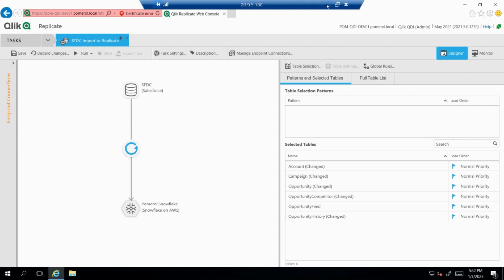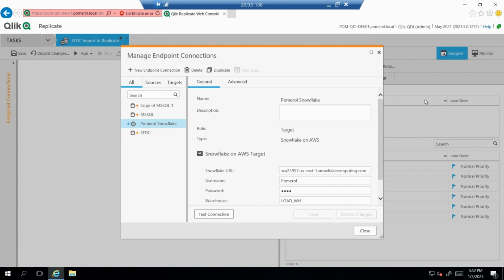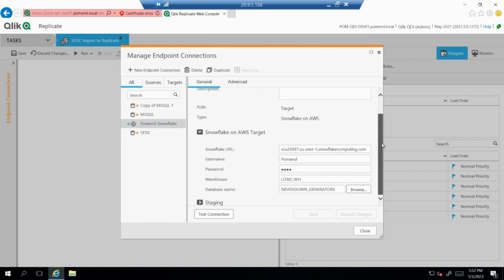And then I'm going to pop over to Snowflake. Actually, what I'll do first is show you the Pomerol Snowflake instance. So this was our source. Here's our target. Same process: you put in your connection information here. This is our Snowflake, basically the US East location for all Snowflake instances. Here's our information to log on. We're going to use the load warehouse, and we're also going to use the database name of Never Down Generators,